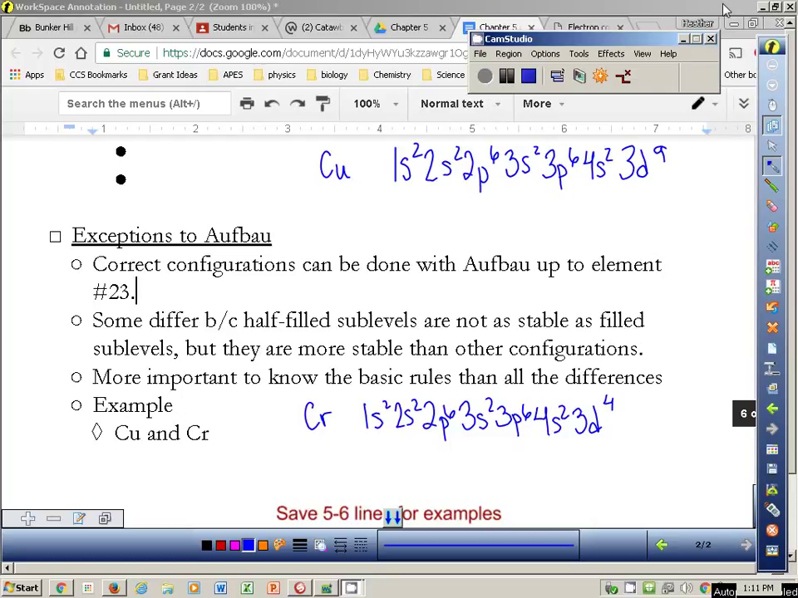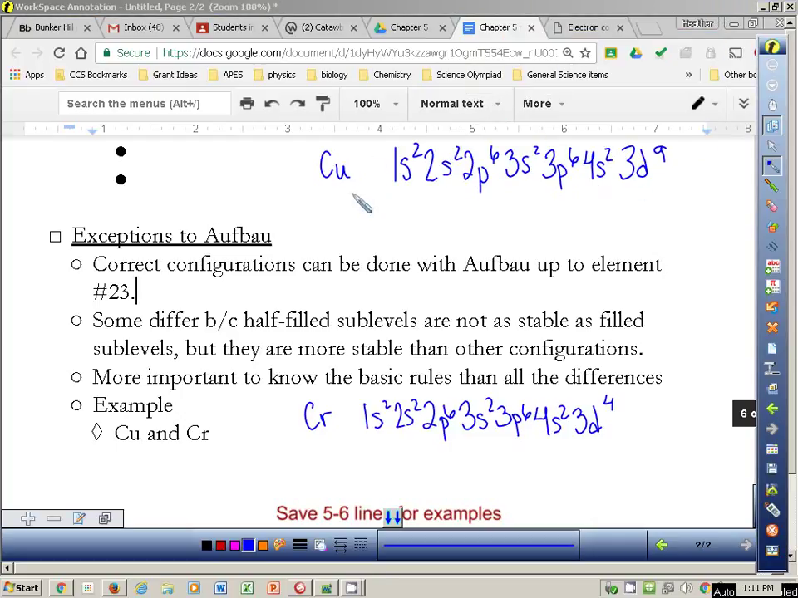Okay, so here's the configurations as we've been taught to write them. Here's copper's, here's chromium's. These are the rules you've been taught to play by. And if you put that on a test, I would be perfectly fine with this as your answer, okay? Because it follows the rules. But for the sake of knowing some of the exceptions that can exist, this is not what happens in real